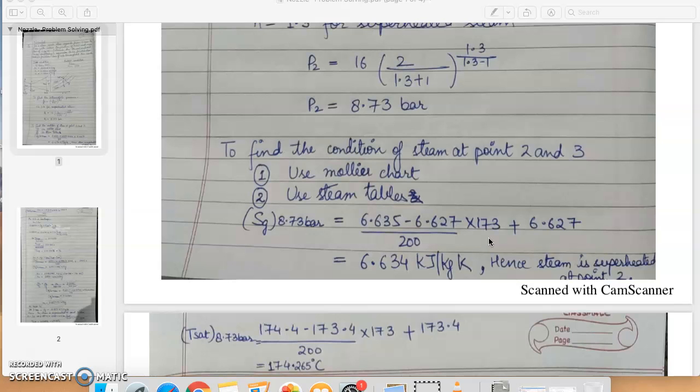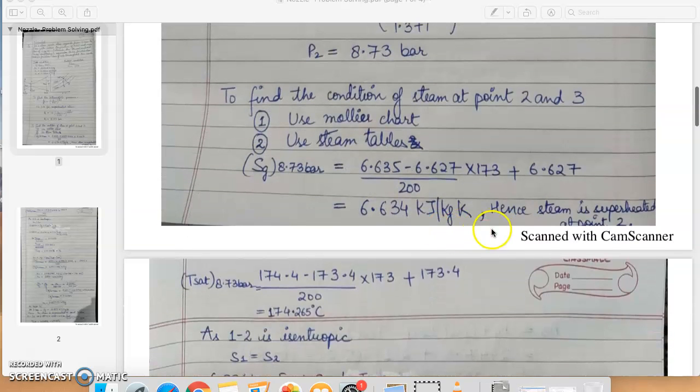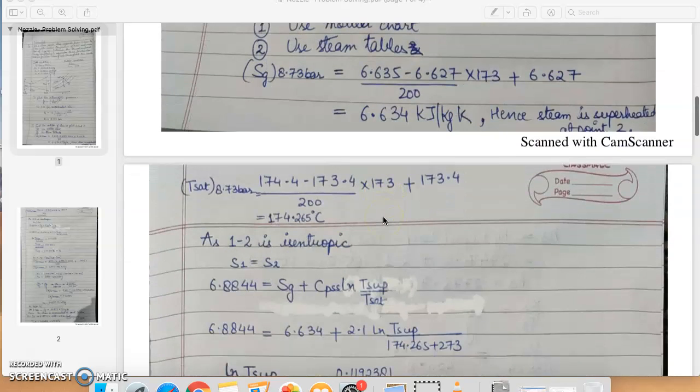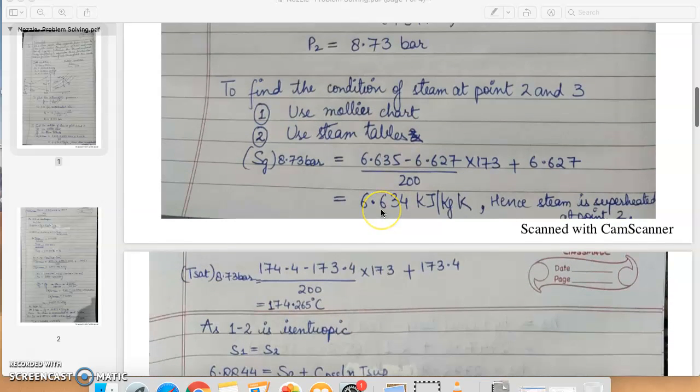So this is a well-known method as we have used it multiple times. If you find any confusion in this interpolation, you can contact me. Fine. So this is the SG at 8.73 bar. Now we will compare this SG with the